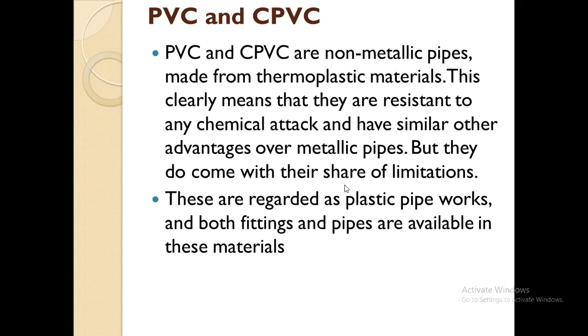Okay, whenever we have to run the pipeline through 90 degrees, then we have to go for the provision of an elbow. Then after that, the coupler is there. A coupler is used to join two pipes to one another. And then after that, whatever T section is there, whenever from one line, suppose we have to bifurcate that discharge into two lines, in that case we have to go for the T section also.